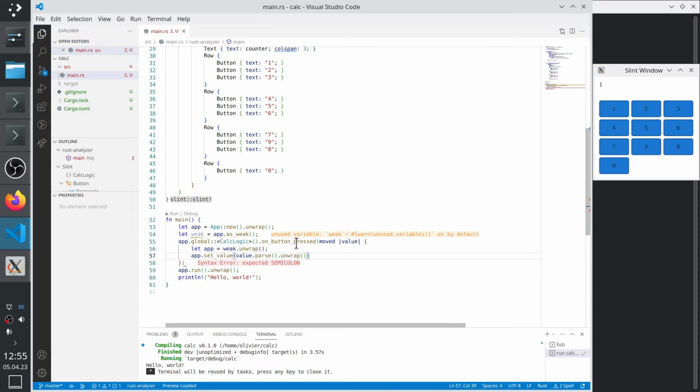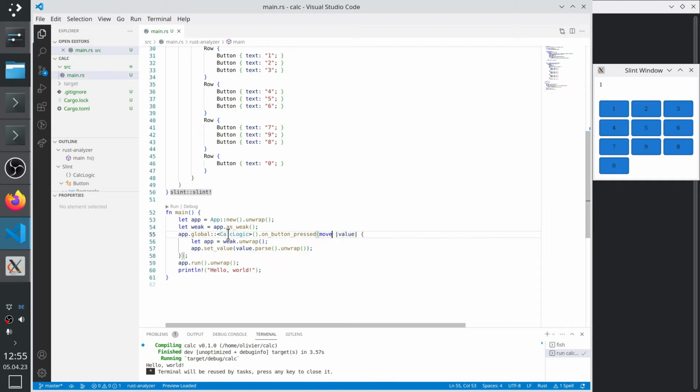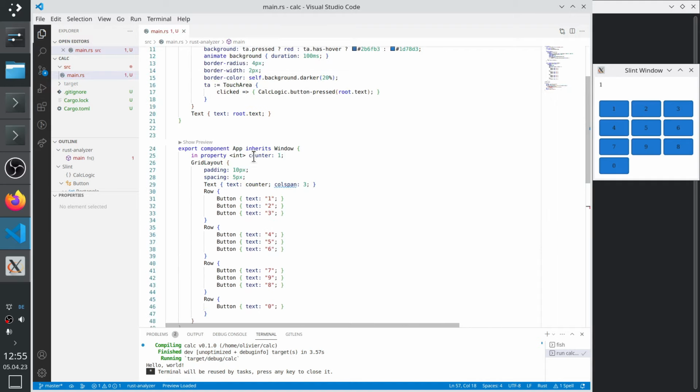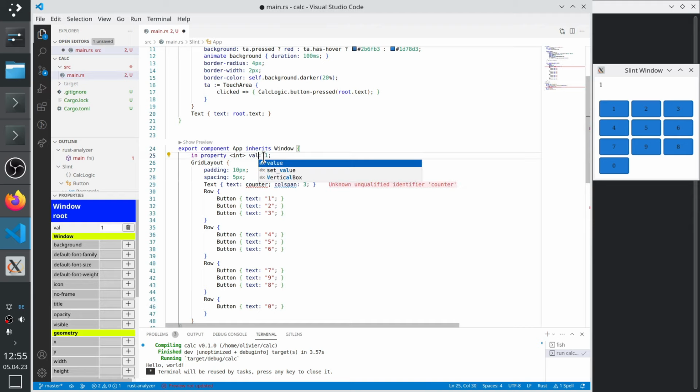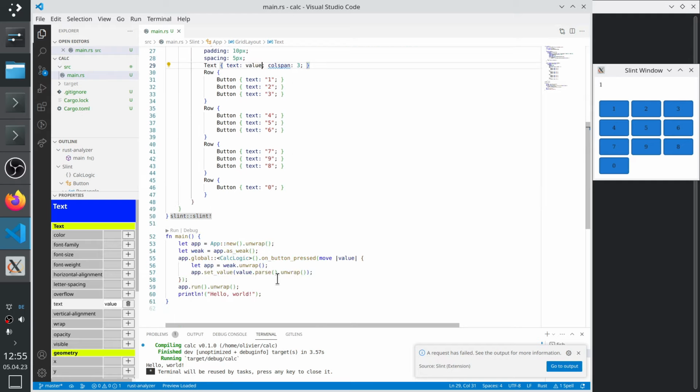It's not really proper to just unwrap the error here, but yeah, so it's called move. Yeah, okay. Set value, it's called counter, let's call it value. And yep, so now I can normally try this,